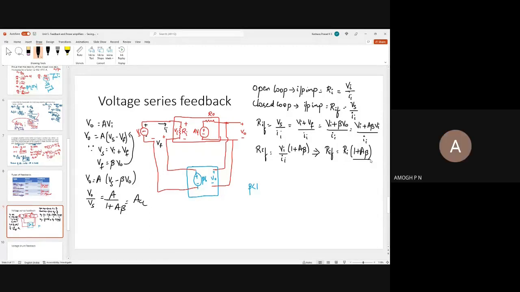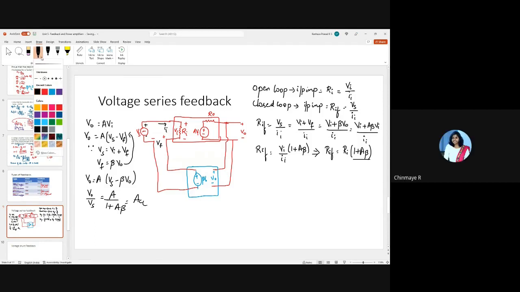Yes, ma'am. So we just proved that in case of a voltage amplifier, when you give a feedback to it, the input impedance of that feedback amplifier increases by a factor 1 plus A beta, and this is supposed to be very good for a voltage amplifier, because the higher the input impedance, the better it is. Right? So please make a note of this. We can continue, ma'am. Okay.